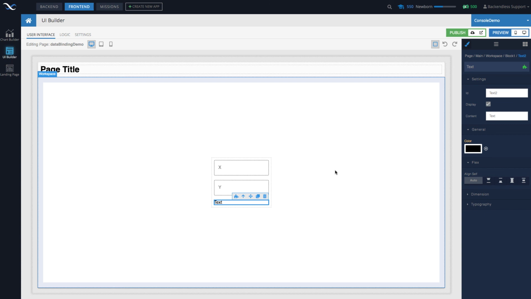I hope you found this useful, and I hope I made it clear for you how data binding works in UI Builder. And here, by the way, we're just scratching the surface. The same exact principle works for a lot more complex scenarios. And of course, there will be other videos and lessons where we talk about those. But for now, I know you already have enough information to start doing a lot of cool stuff in UI Builder.